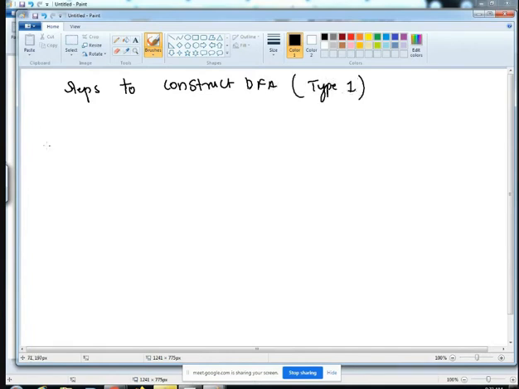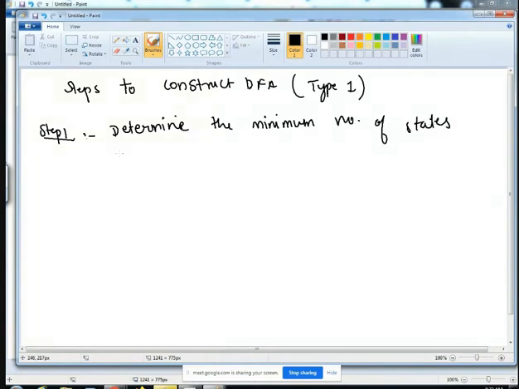Okay. So step 1 says that we need to determine the minimum number of states required. We need to calculate. And then step 2 is to draw those states.